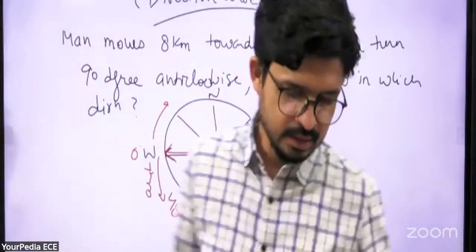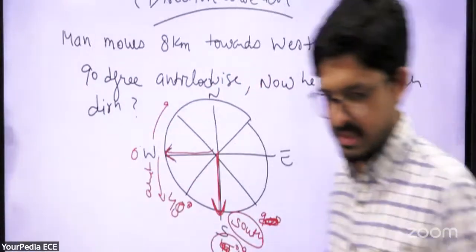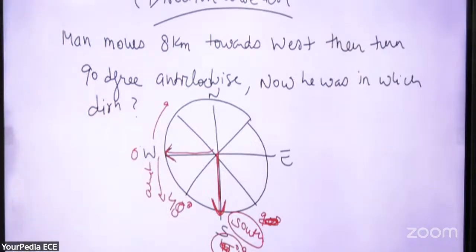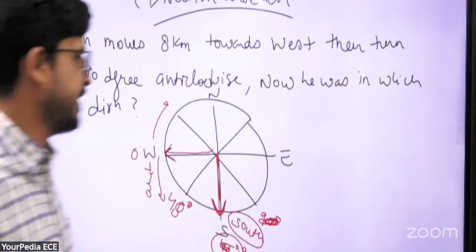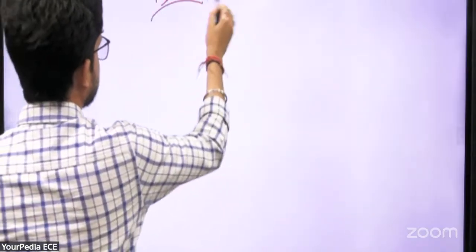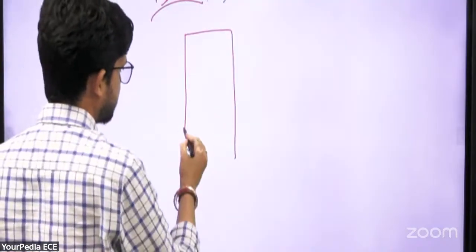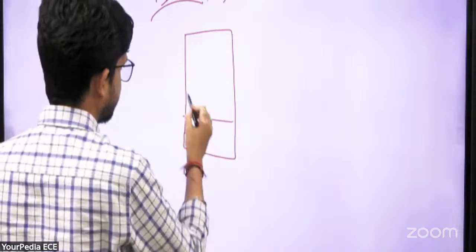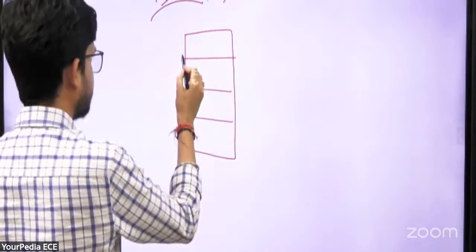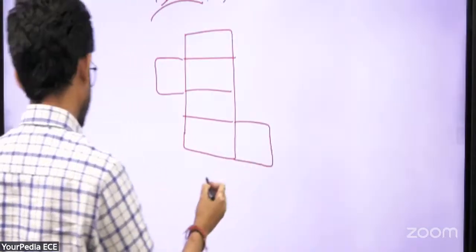Okay. I got one more question. The topic is dice. Let's see what the question was. Very simple question, that is dice. A dice, an open dice was given. That is called the open dice. This, and this, and this. This was the open dice.